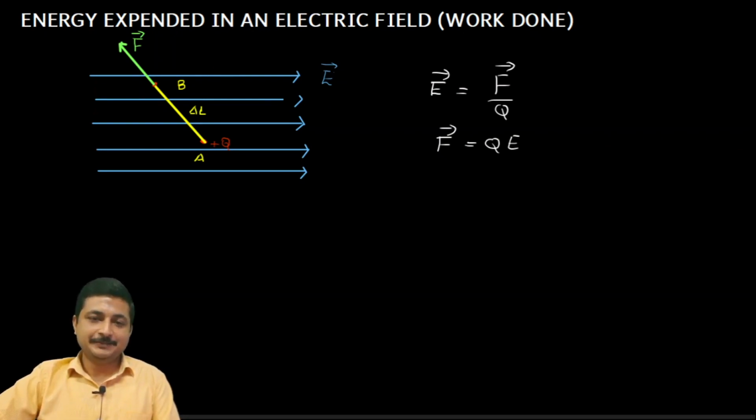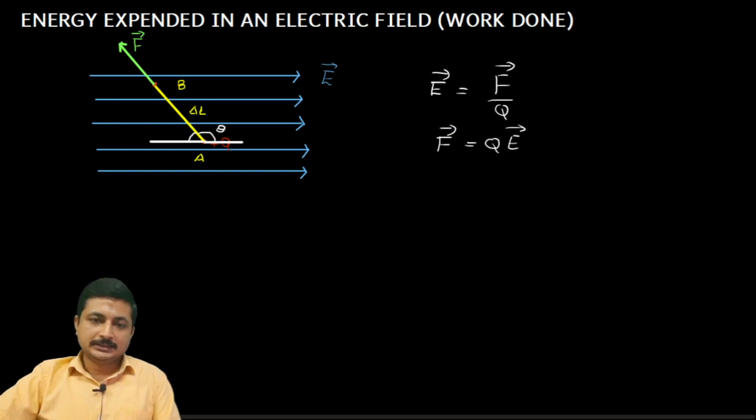Now one more point: this particular path which I have chosen is at some angle with this electric field. Electric field is in this direction. If I consider the electric field as the horizontal, as my reference, then this path is at some angle with that field, so that also I can notate. If I draw a horizontal here at the point A, then the path is making an angle theta.